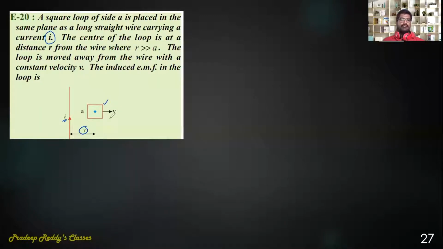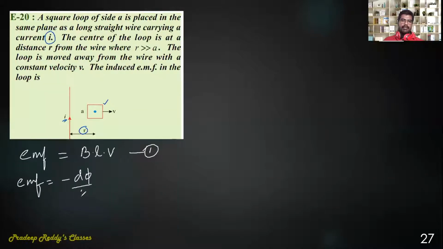As we know, whenever a coil is in motion with respect to an external magnetic field, it will produce some EMF. What is the basic relation for EMF produced? EMF induced will be equal to BLV. This is equation number 1. V is velocity, however, we do not have any problem with that. L is length of the conductor, B is magnetic field. You can use either this equation or you can write EMF induced will be equal to minus of d phi divided by dt. Of course, here also you should take one minus.